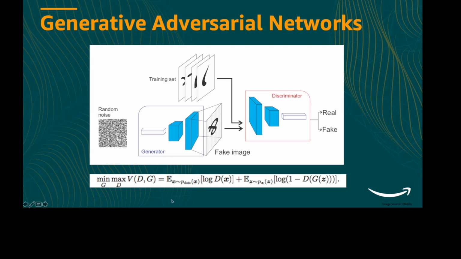The equation below is the formal mathematical expression of the loss function of the generator, where D is the discriminator function, x is the real input, and G(z) is the output of the generator. I'm not going into much detail of the exact function of this equation; you can refer to the paper for exact details. The discriminator objective is totally opposite, which is just the negative of this expression. So using these two loss functions, we train the generator and discriminator.